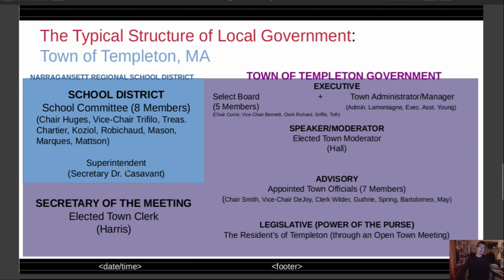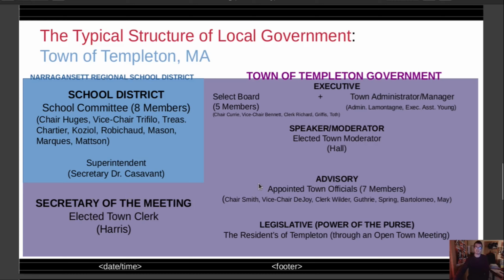And if they are residents of the town, they can go up to the microphone and defend themselves as individuals or as a committee if that has been voted on in the committee to say certain things in the event of something challenging going on with the budget. And the person who keeps track of the entire meeting is the elected town clerk. So just be aware of that. They're also in charge, I believe, of counting the votes in case anything happens.